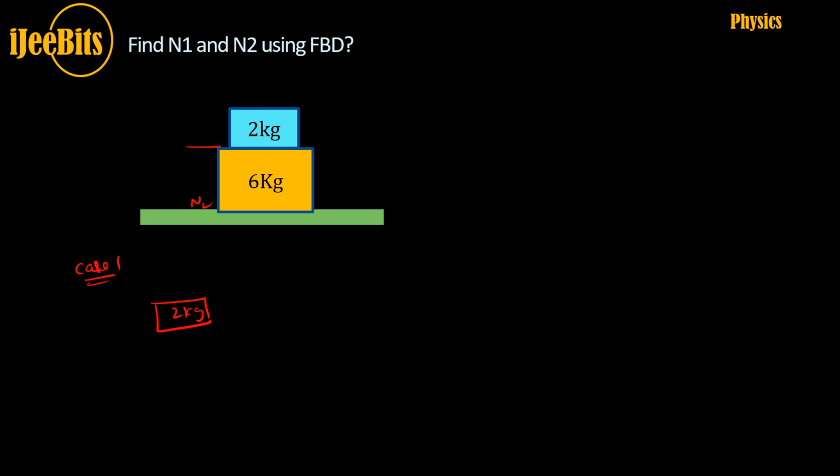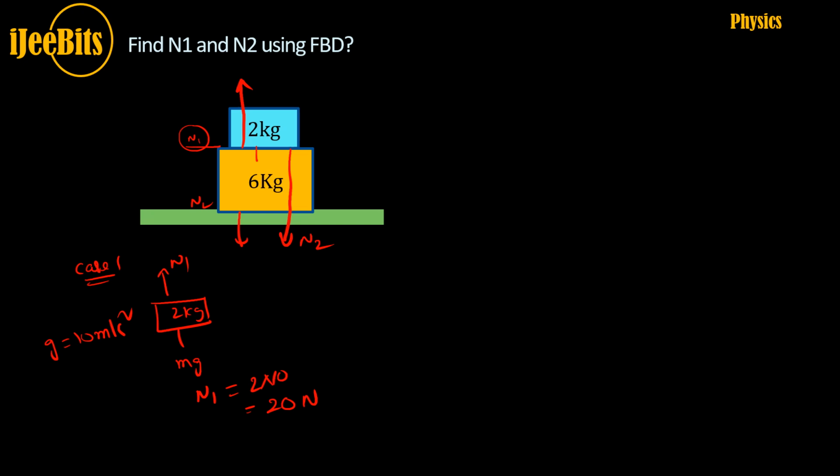Let's say this is n2, this is n1, right? n1 is upward direction, n2 would be downward direction, right? And then we have mg here, we have mg here. So let's see one by one. For the 2 kg mass, the upward direction is n1 and then mg is down. So if you take g equal 10 for our simplification, then n1 would be 2 into 10, so 20